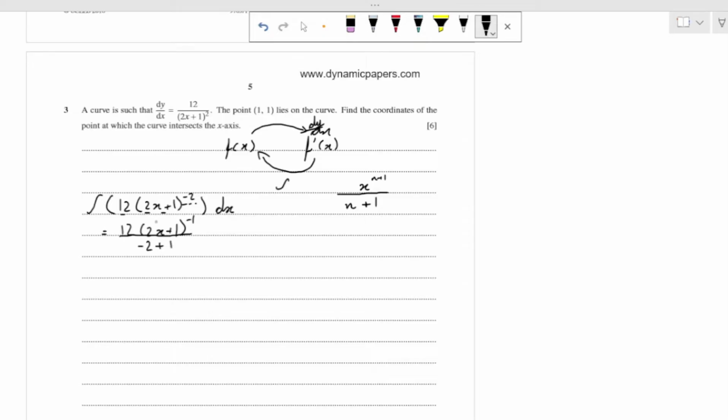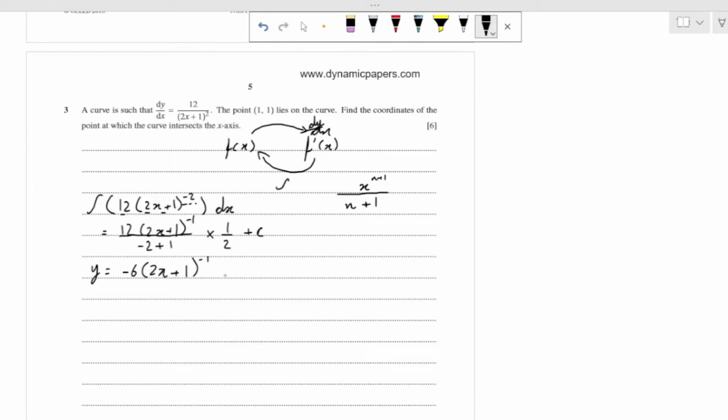But this is not all of it. We also need to integrate the terms which are inside. If we integrate the terms which are inside, you're going to get 1 by 2. And according to the differentiating chain rule, the same things apply for integration. You multiply whatever integrand you found for 2x plus 1, which is 1 by 2, plus an arbitrary constant, which is always missed by many students because it's always written at the end, but it's an important part of integration. After simplifying this, you will get y is equals to minus 6 (2x plus 1) whole inverse